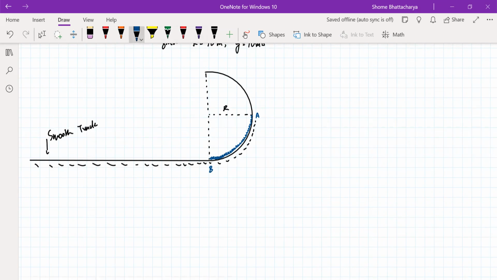Okay, so right now the center of mass of the chain will be somewhere here. And the speed of the chain is 0, so kinetic energy is 0. After some time, the chain reaches here, let's say. This is here, this is here. It is moving with a speed v. And now the center of mass is here. So if the vertical displacement of the center of mass is h downwards, you can see by using work energy theorem,